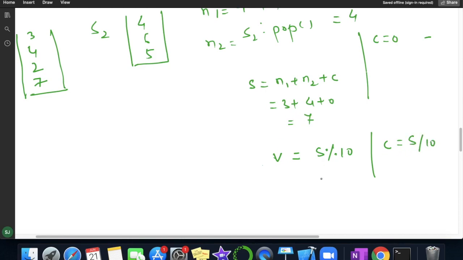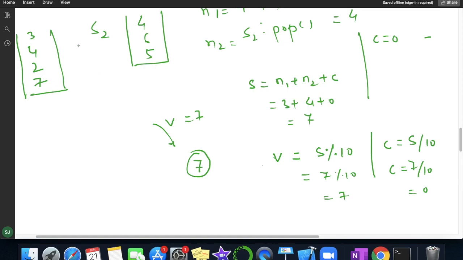S is 7, so V is 7 modulo 10, which is 7, and C is 7 divided by 10, which is 0. So C remains 0 and my value is 7. We will simply create a new node and pass the value V, which is 7.